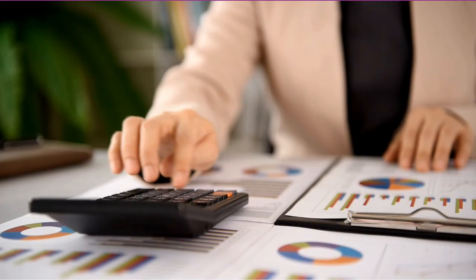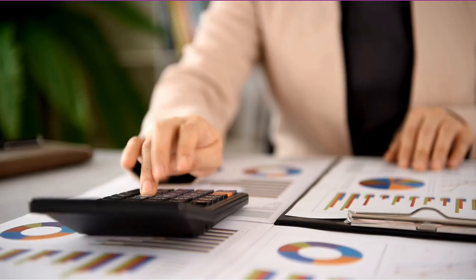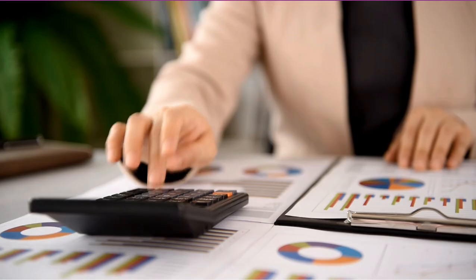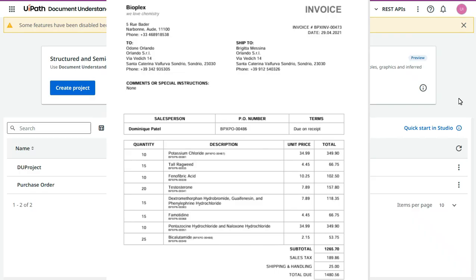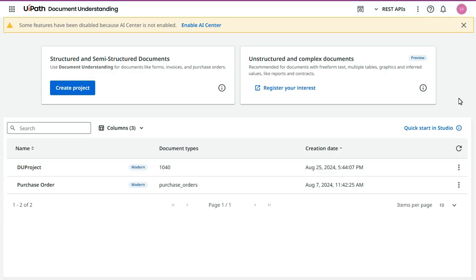Let's say you are working in an accounts department and your job is to process the vendor invoices. You need to extract invoice number, invoice date, vendor name, vendor address, total amount, tax amount, and all the line items like descriptions, quantity, price, and line amounts. So, what you will do, you will create a modern project called invoice data extraction,